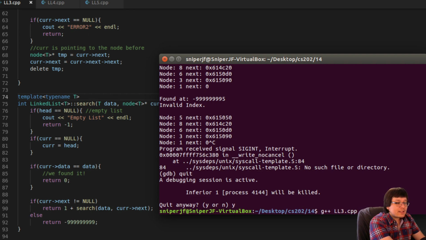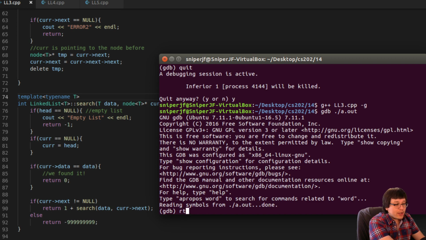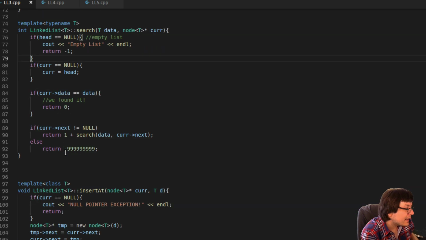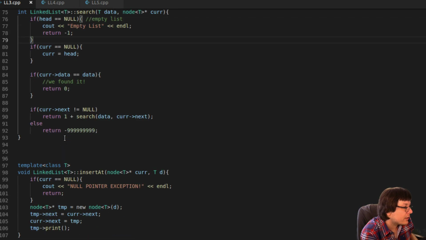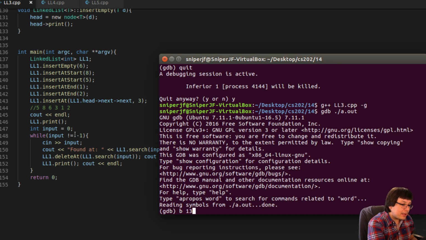However, if you want to set breakpoints like I did, when you run GDB, before you hit run, you can press B and then put a line number. That line number is the breakpoint. So if I want to set a breakpoint in, let's say, it has to be a line that's actually going to hit, otherwise you won't see it. But let's do something in main. Let's do line 138, because that's in main. If I want to put a breakpoint there, I just type B 138.